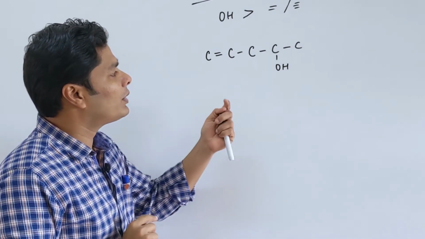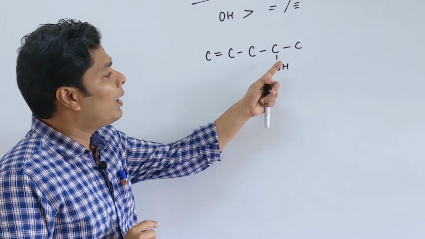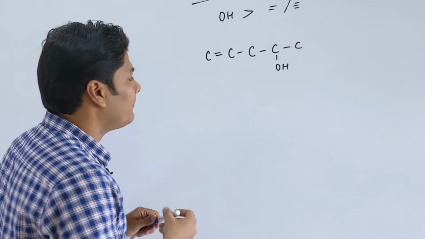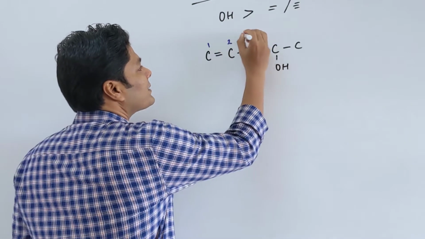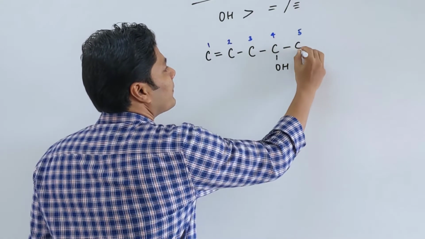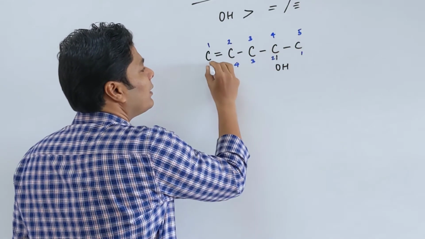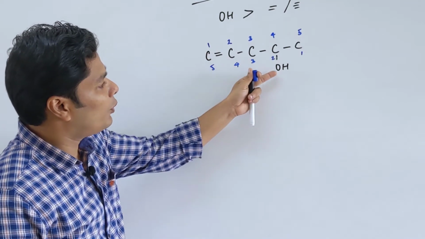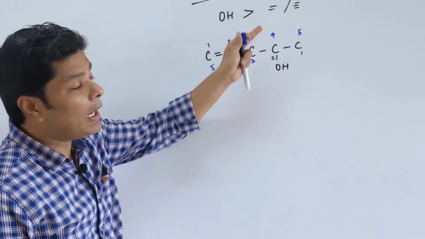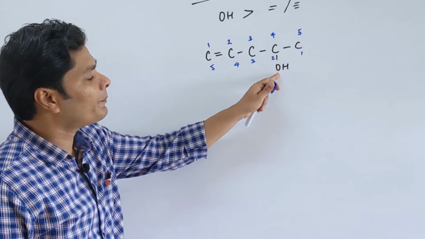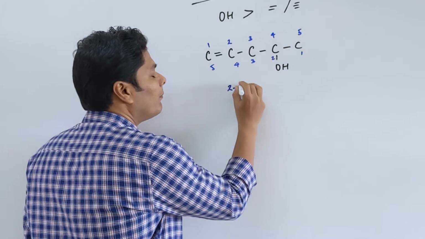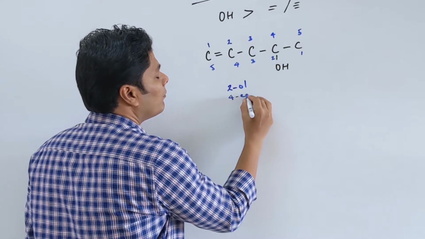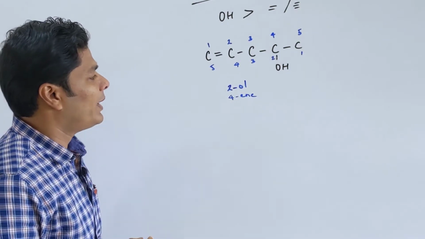thing you want to see is you want to have the longest chain. Here 1, 2, 3, 4, 5. So 5 carbons are there. So that is going to be pent, and we can number them in two different ways. These are the possibilities we have. I can either go left to right or right to left. Since the functional groups here are double bond and OH, the OH wins over double bond. I need to have the lowest numbering for the alcohol. So I am going to have 2-ol, and when I go this way, I have 4-ene. So this is the way I am going to name them.